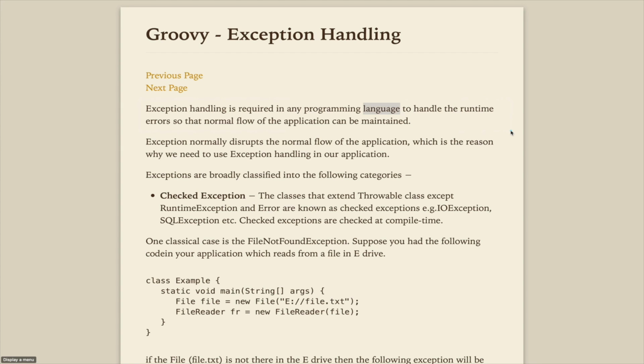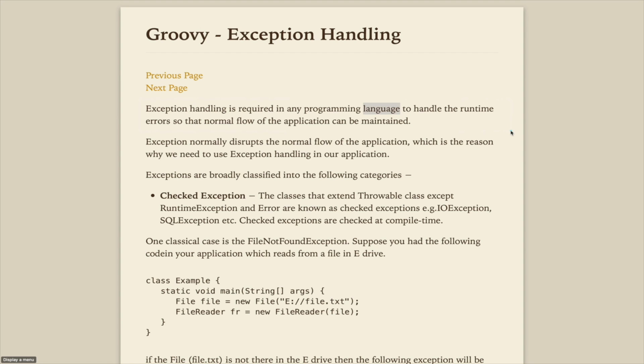For example, you are using a mobile application and somebody wants you to tap on a button. What the button does is send a request to the server, which does some processing and returns the response back. So as a user, I tap on a button, my request goes to the server, and the server sends the response back, and my code, which is written in Groovy, does not understand that response. That response is something weird to this code. In that case, the Groovy code will break, and in the Groovy language we call it an exception. So an exception is thrown by the Groovy code, which means the program is no longer working.